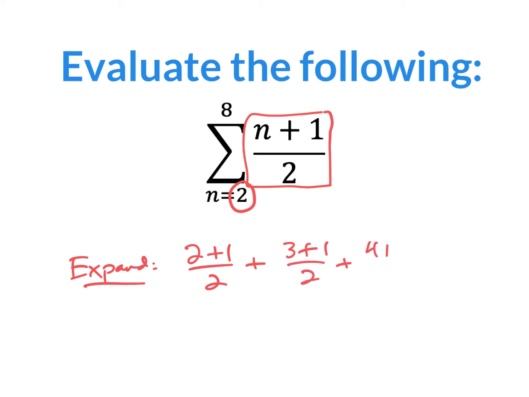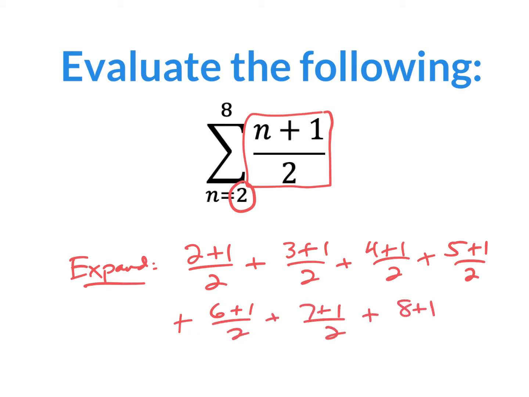And then I have to sub in 4 for n. I have to sub in 5 for n. I have to sub in 6, 7, and then I stop at 8 because 8's my top number there. If I evaluate this part now,